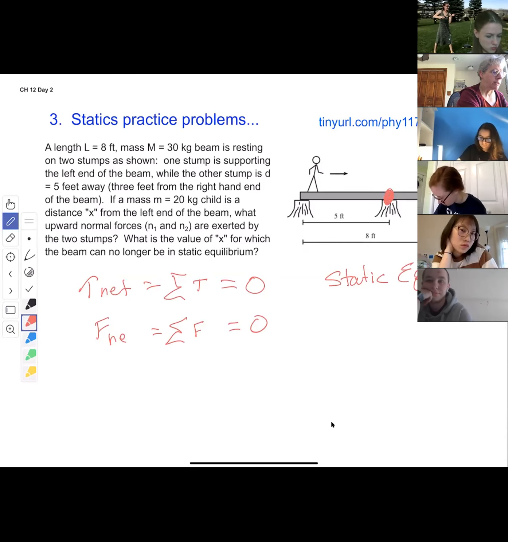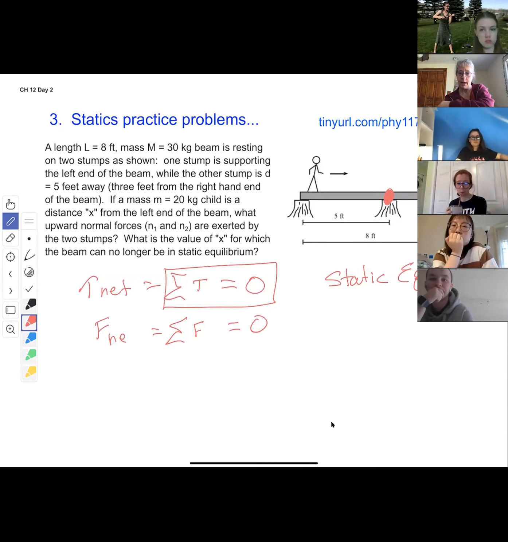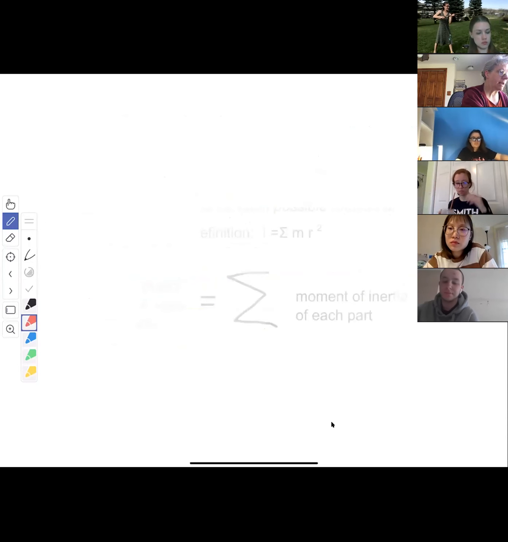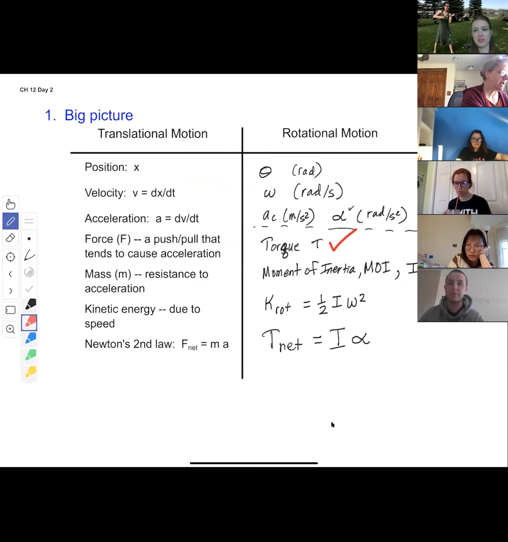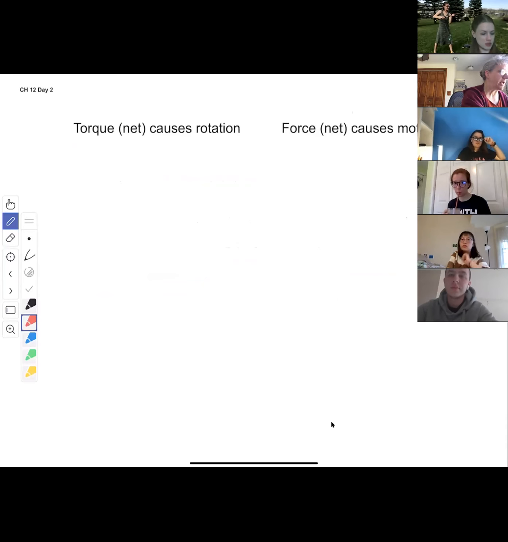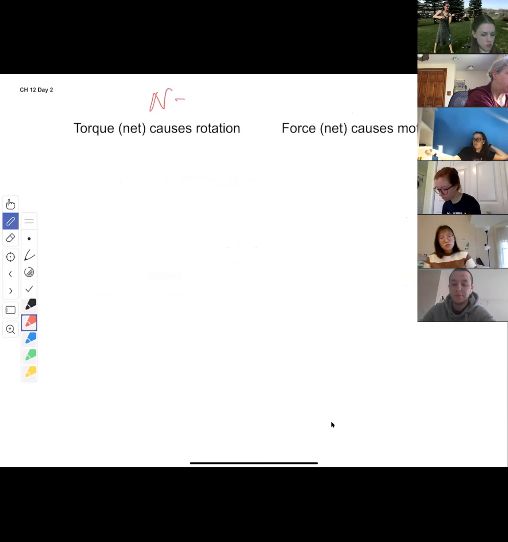So in the case where the sum of the torques equals 0, we have a special name for those: static equilibrium problems. And we'll do another one of those examples towards the end today. But getting back to, I feel like my slides are not in the order I wanted. I'm going to go ahead and find the slide that I really wanted. Yeah, I really wanted this one first,